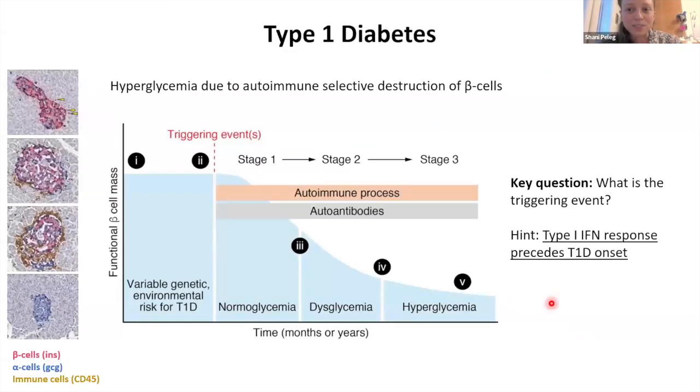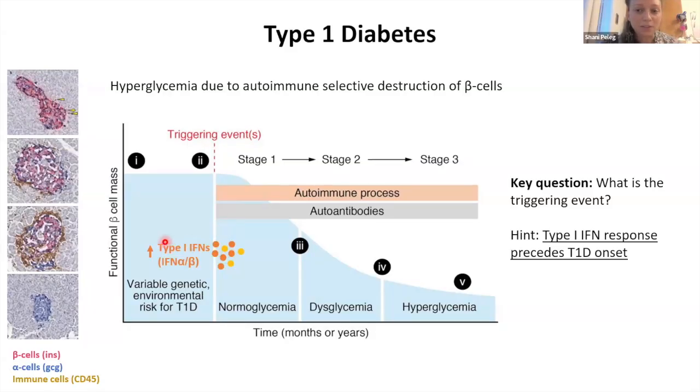So as we all know, type 1 diabetes is an autoimmune disease that's characterized by selective destruction of pancreatic beta cells. This is the classical model that's used to describe the pathogenesis of type 1 diabetes. In the context of genetic predispositions, it's thought that there's a triggering event that induces an autoimmune process, leads to beta cell death, which leads eventually to clinical onset of type 1 diabetes. Now, how this autoimmune response begins is unknown and is a major question in type 1 diabetes research. But we do have a hint